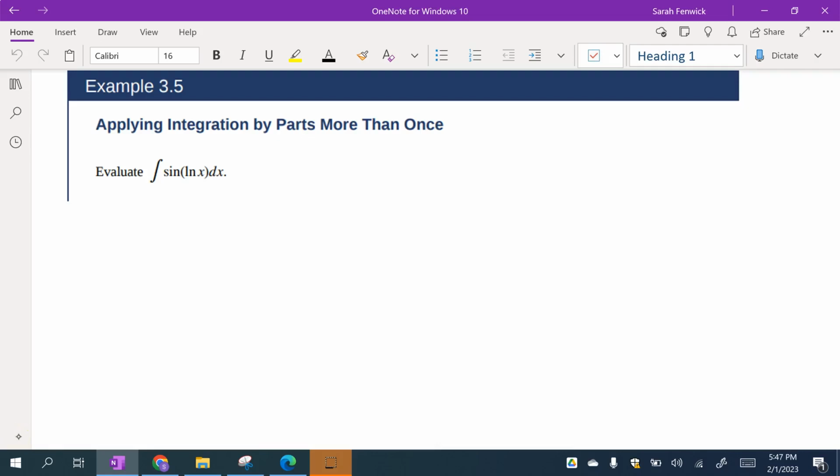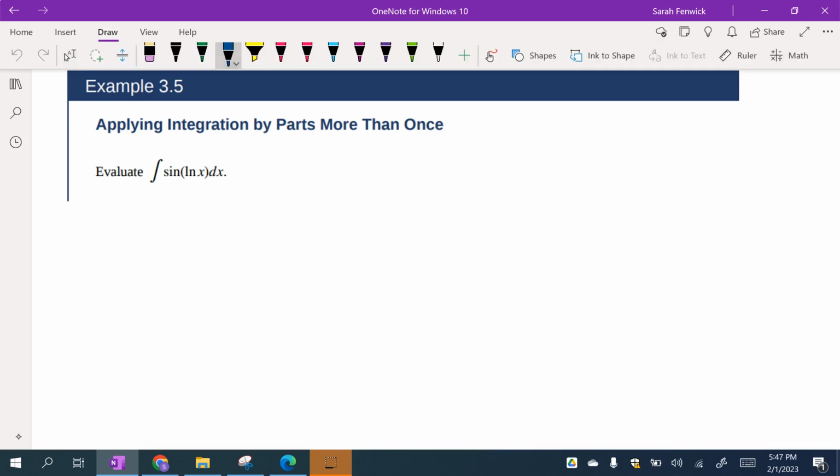Using OpenStax textbook Calculus Volume 2, we're in section 3.1, and we're talking about techniques of integration. We worked with integration by parts in the video before this. This example is going to require us to use parts more than once. So we're going to start off looking at the problem